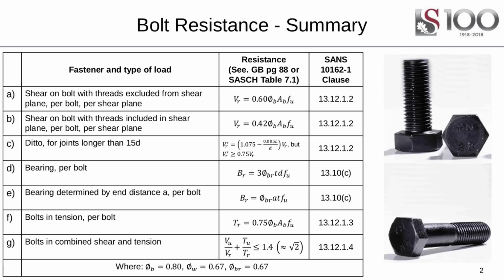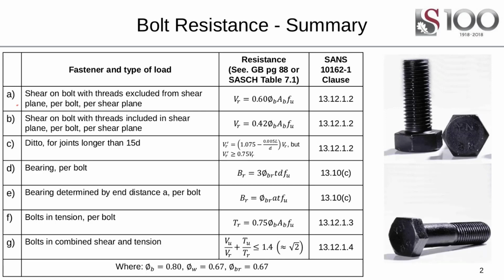1 code, and then also it's the same details as provided in the Green Book or the South African Steel Construction Handbook. So we're going to be having a look at these 7 different failure modes and how to go about calculating them, and also just a practical understanding of what they actually mean, because we've got